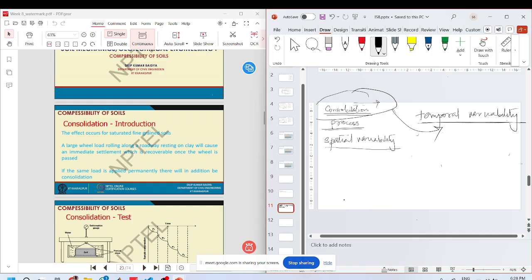Why I mentioned temporal and spatial is because usually, if you have just one variation in one direction, you can solve it using an ordinary differential equation. But when you have spatial and temporal variability, you have to solve using partial differential equations,